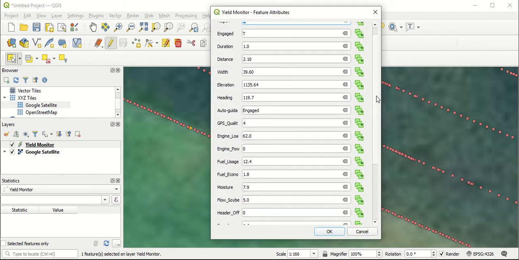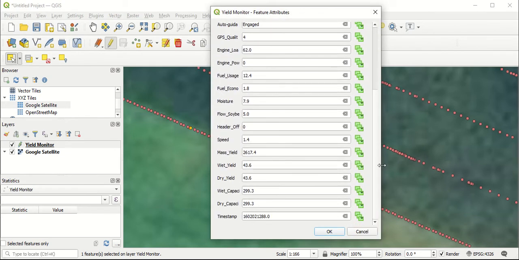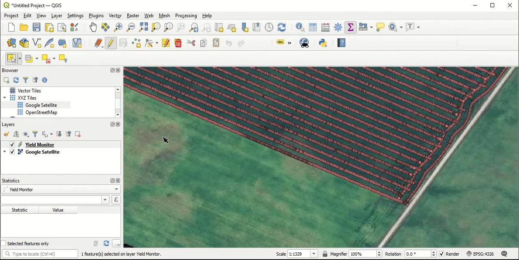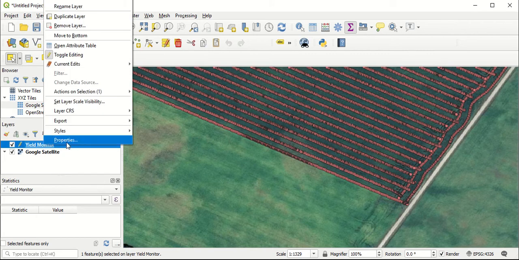Again, as we talked about before, we can select a point, go to modify attributes, and down here we can see all the different attributes associated with each point for this yield monitor layer. Because we're trying to do some yield analysis, what we're most interested in is the dry yield. As an example, this point was 43.6 bushels an acre in this soybean yield monitor layer. But we'd really like to be able to see how things vary across the field, which right now we can't. So if you go to your yield monitor layer, right click and go to properties,